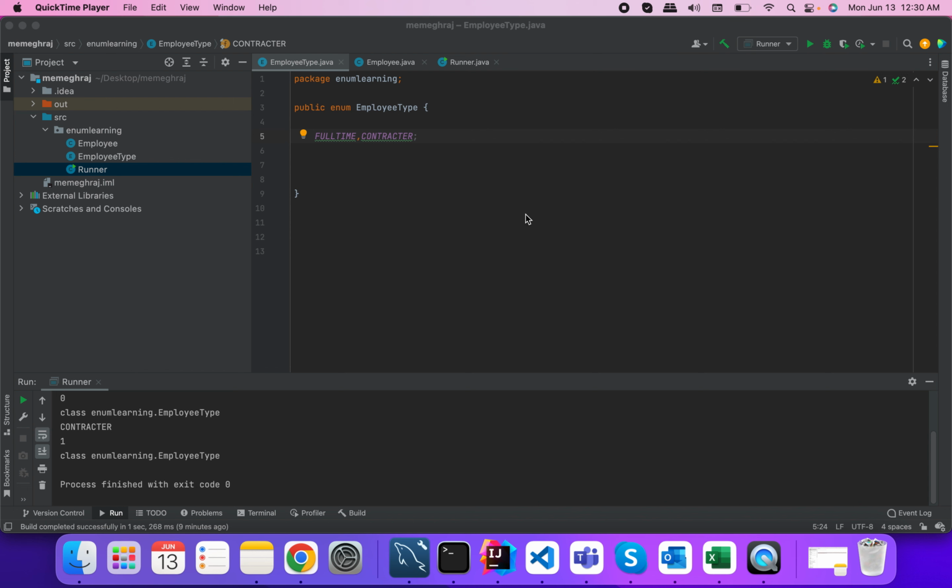So let's discuss further. In the last video we discussed, let's say there is an enum. In an enum there are only constants, so you need not close this with a semicolon. But an enum can have instance variables, it can have methods, it can have many things. So if there are methods and variables, then you have to close it with this semicolon. Okay,